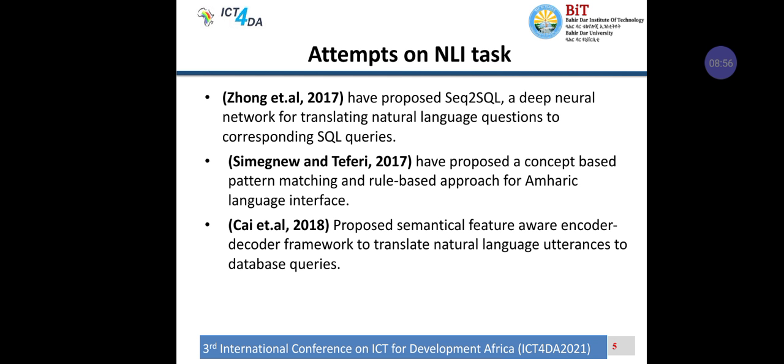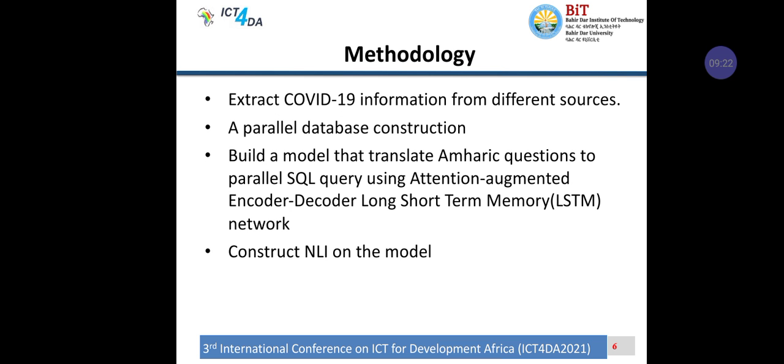The authors in this paper have used semantical features. When we say semantical features, it's just pre-trained word embeddings, basically embeddings of those questions. So they describe a semantical features aware encoder-decoder framework to translate the natural language question to the corresponding queries. So having this in mind, we came up with